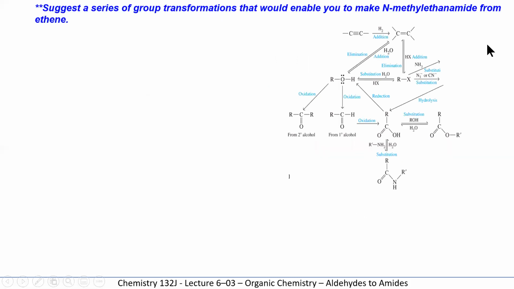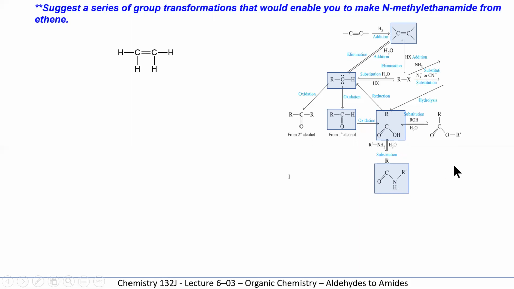So let's show how we could make an amide from ethene. So we start with ethene. We're going to add water and make an alcohol. Then we're going to oxidize it to an aldehyde. Then we're going to oxidize it further to an acid. Then we're going to add an amine by adding another chemical compound that's got NH2 attached to it, and we